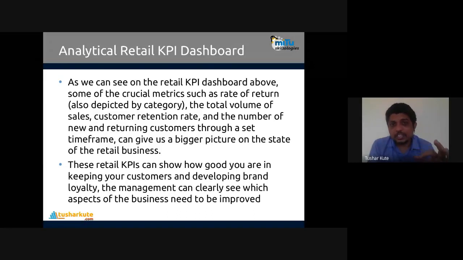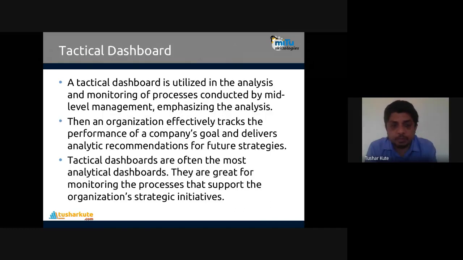Yeah, this is the decision making done from the retail KPI dashboard. This is the output of this particular dashboard that we can see. Predictions on different kinds of decisions, or predictions on different factors in detail, can be done by the analytical dashboard here. See, the dashboard which is coming in the third category.